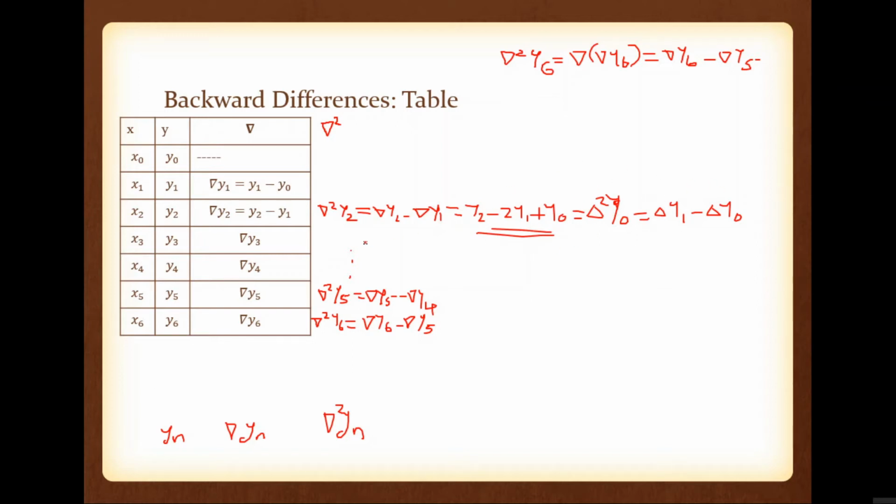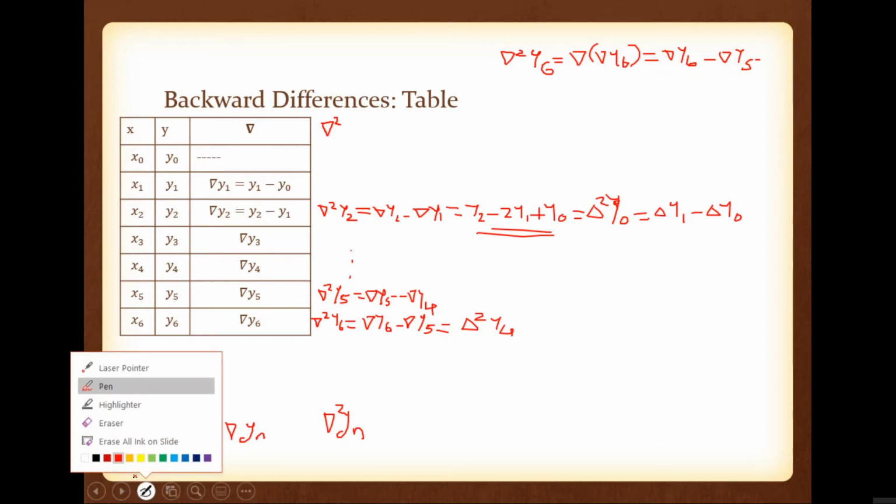So you can see that del square y2 is nothing but delta square y0. It is a 2 difference, right? Because this one is a second order difference. So if it is del square y2, it is 2 minus 2, 0. Means if it is del square y6, definitely this is equal to delta square y6 minus 2, that is y4, from a calculation point of view, not an entry point of view. So this is the backward difference table.